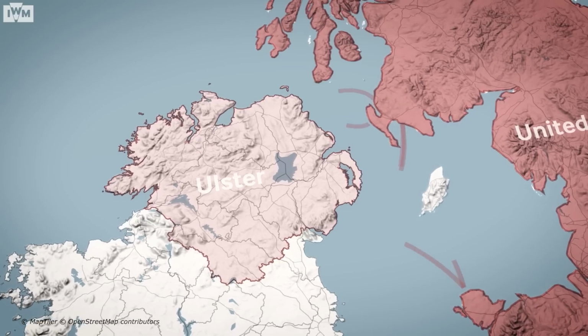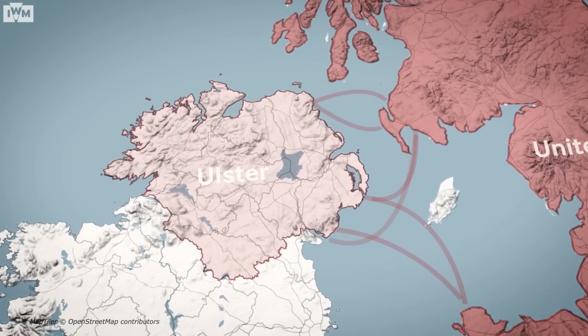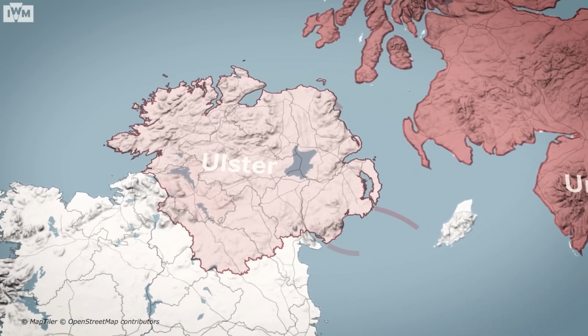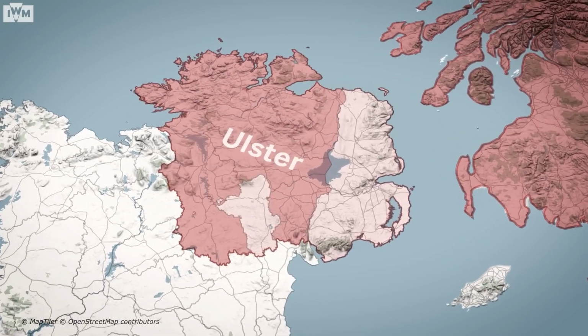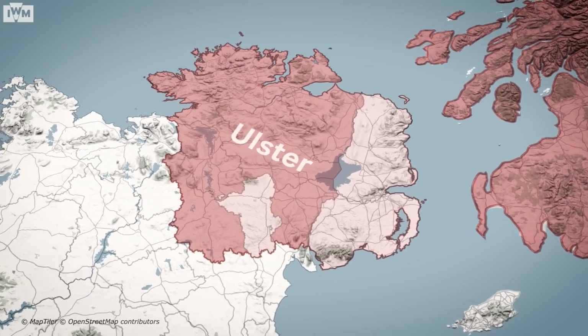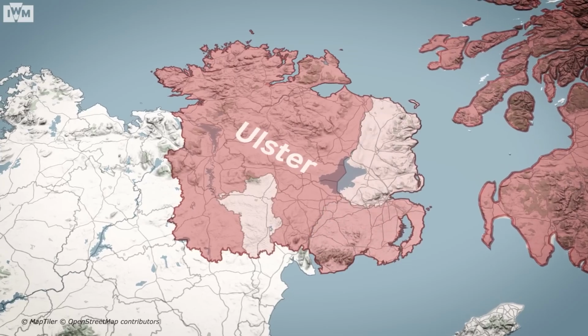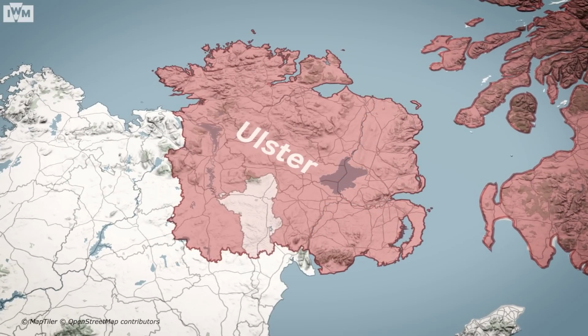In this he planted mainly lowland Scots and some from the north of England into 6 of the 9 counties of Ulster. Earlier in 1603 there had been private plantation by Presbyterian Scots in the counties of Down and Antrim. But the actual official policy starts in 1609, and it's really there to secure this part of the country in a way that will make it not be able to rise in rebellion again.